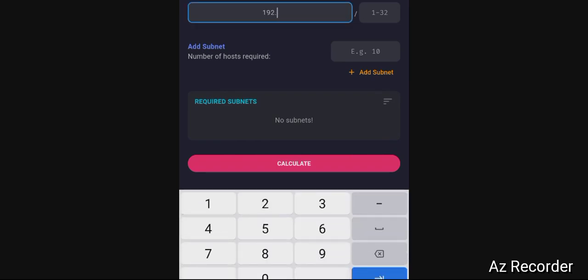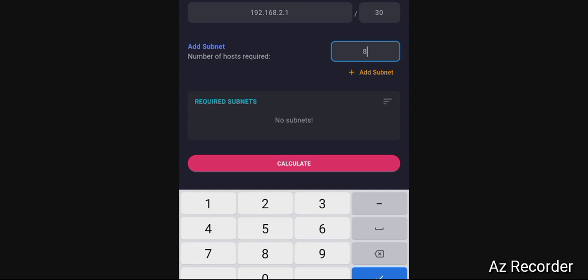Let's go ahead with the VLSM. Here you click, and I type 192.168.2.1/30. Let me do 30 to calculate.